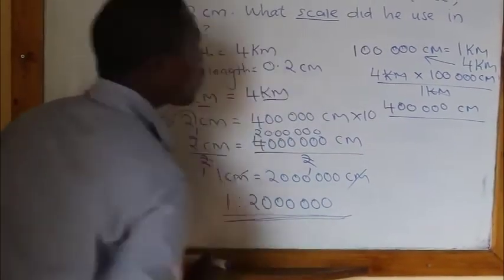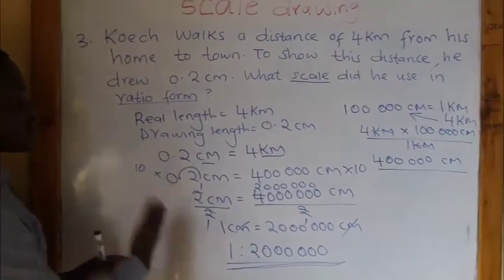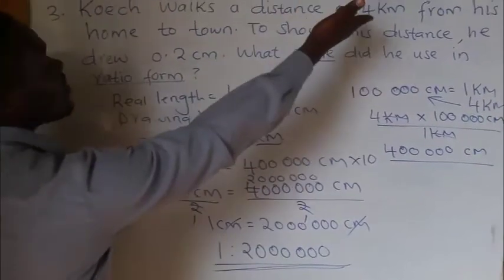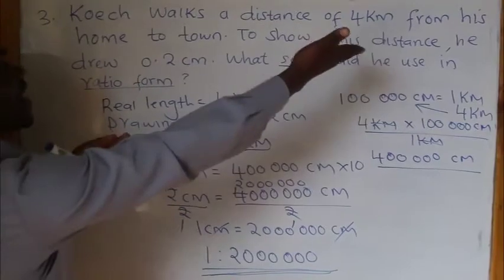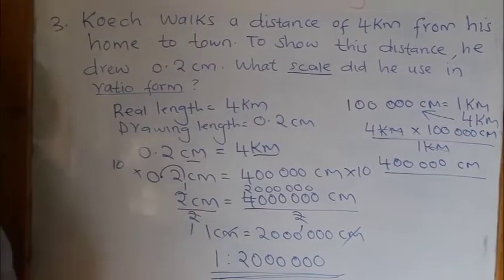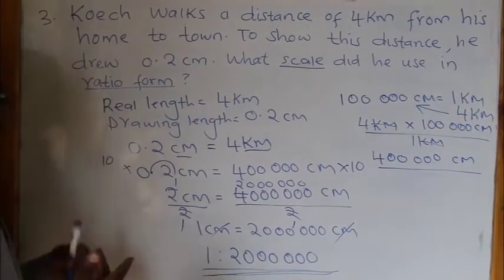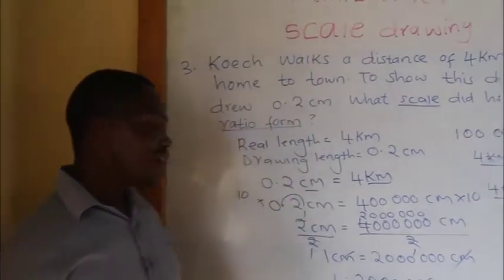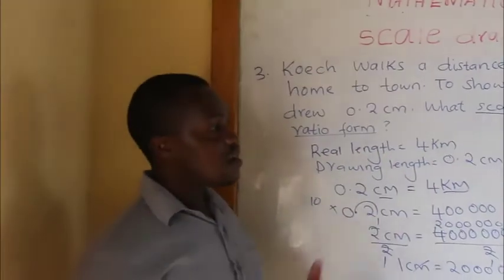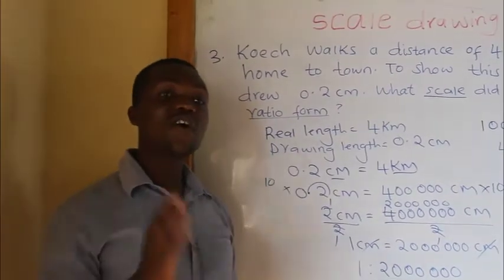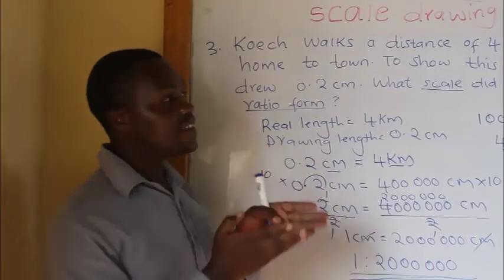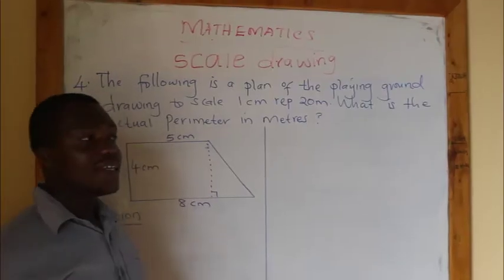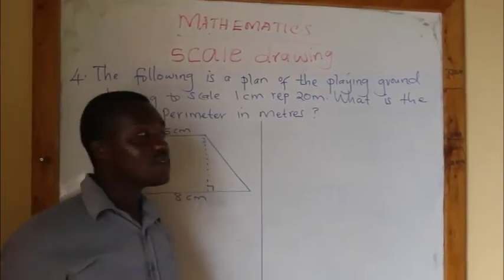So the scale that COH uses, 1 is to 2 million, is used to represent the real length on this particular piece of paper. And that's how easily you can reach our answer. So you can see it's simple working out these things if you only observe and make the same approaches which I have just made. Finally, let's go to the last question,